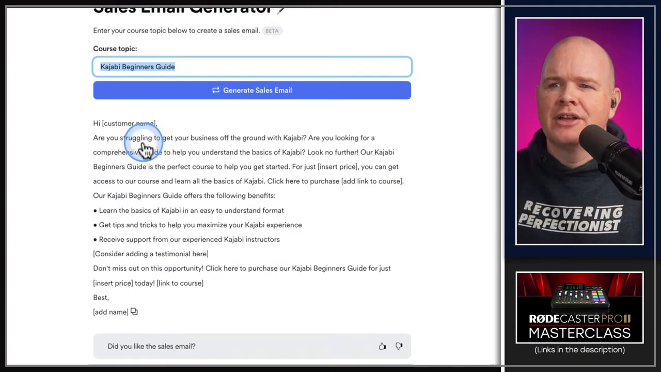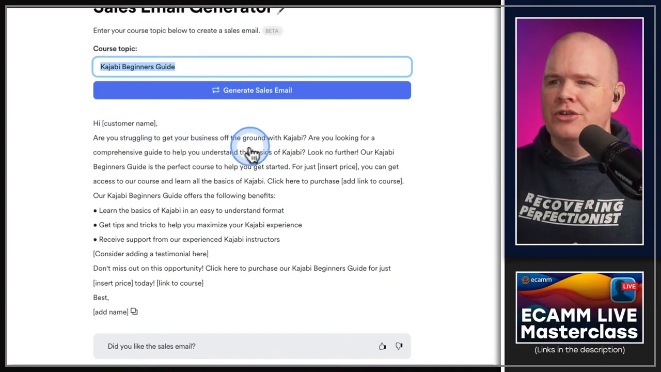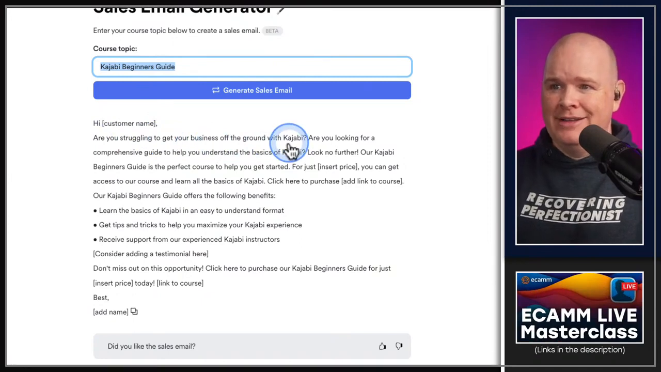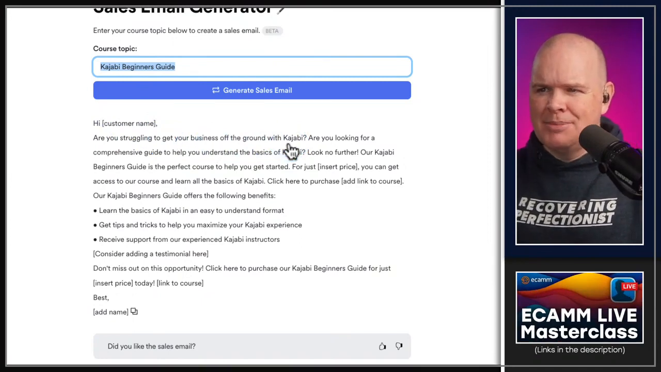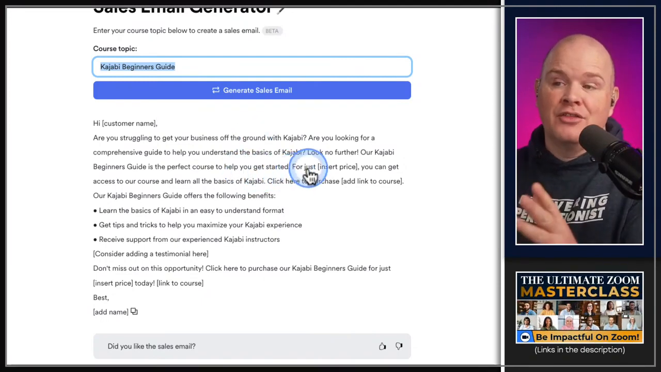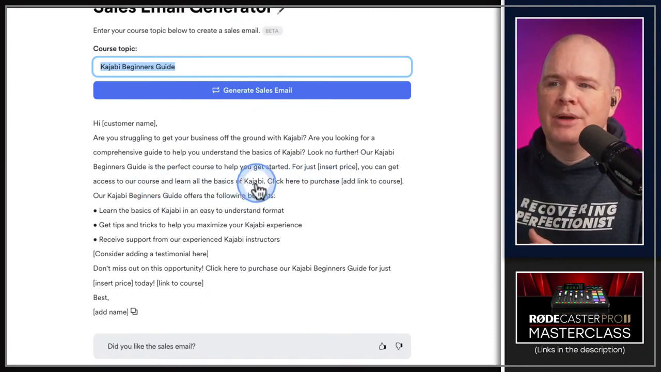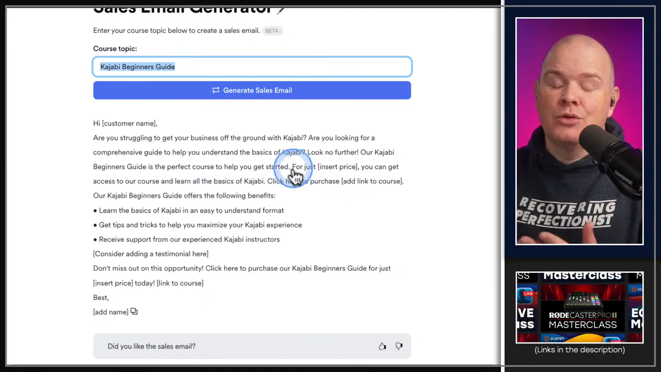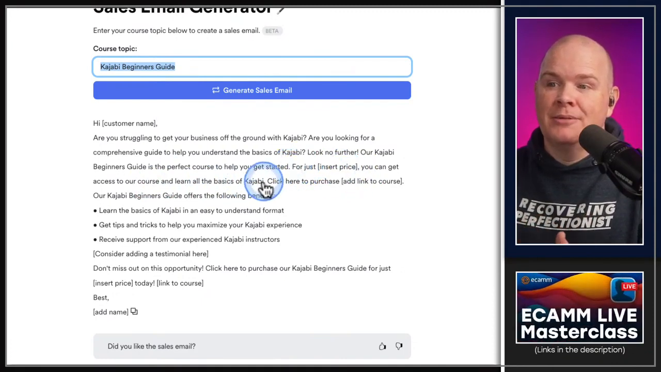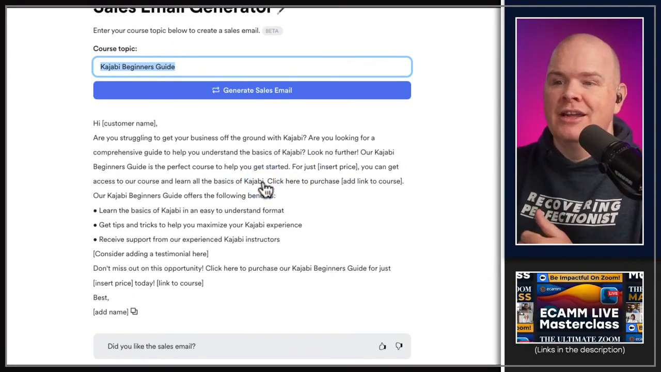So let's just quickly read through this. Hi, customer name. Are you struggling to get your business off the ground with Kajabi? Are you looking for a comprehensive guide to help you understand the basics of Kajabi? Look no further. Our Kajabi Beginner's Guide is the perfect course to help you get started. Now, as a sentence, that's fine as an introduction. But it says here, for just insert price, you can get access to our course and learn all the basics of Kajabi. Now, typically, I wouldn't recommend that you put the price right up here at the top. Normally, you would go through the process of giving the value that you're going to provide,